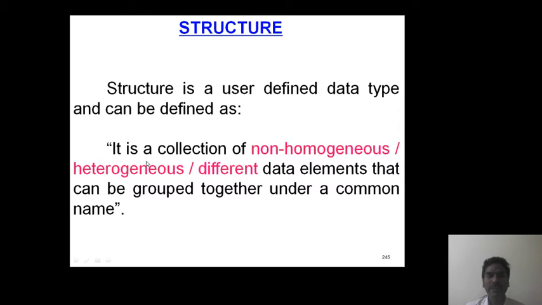Once again, it is a collection of non-homogeneous data elements that can be grouped together under a common name.